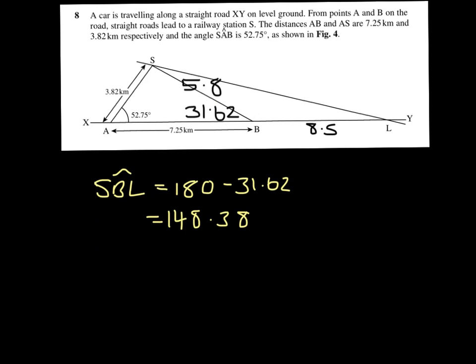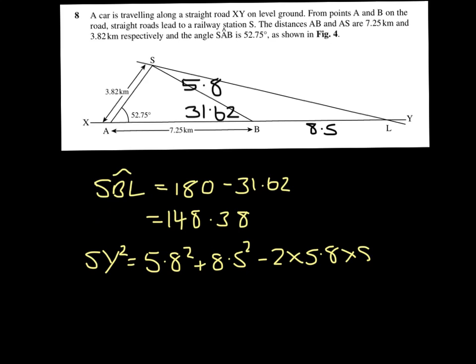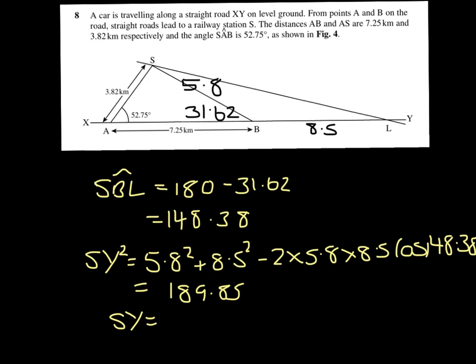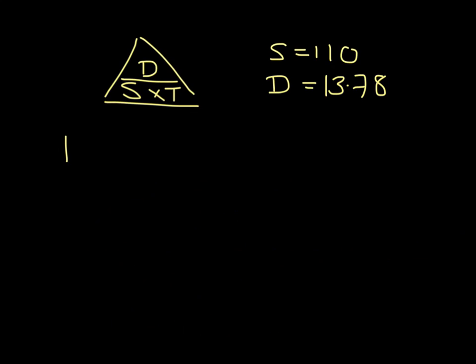I'm going to use the cosine rule again. So SY squared would equal 5.8 squared plus 8.5 squared minus 2 times 5.8 times 8.5 cosine of 148.38. Which gives us 189.85. If I take the square root of that, SY is 13.78 kilometres. To answer the final part, I'm going to start by working out for the train the time, and